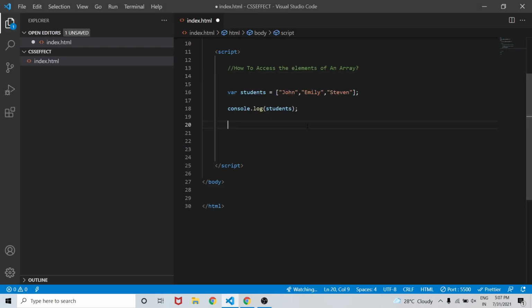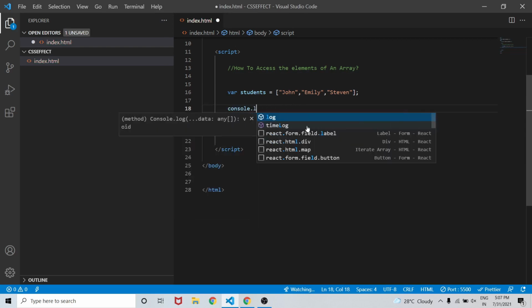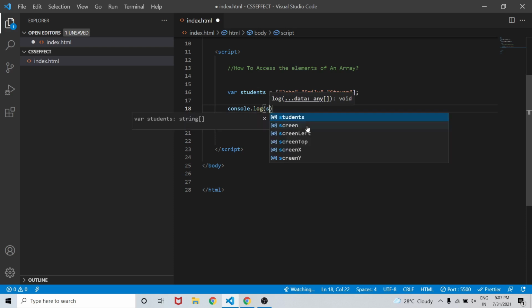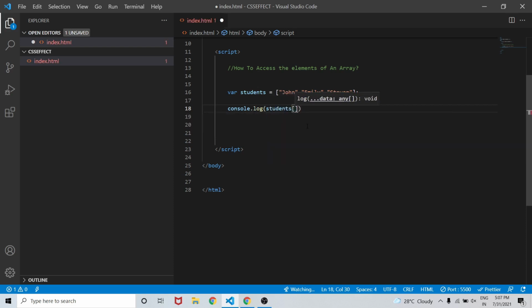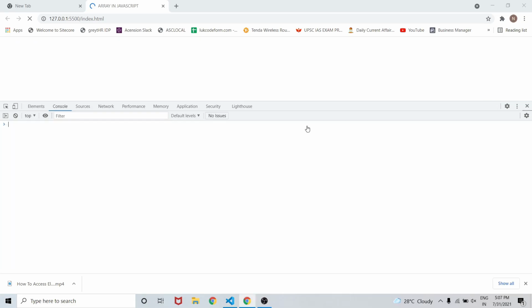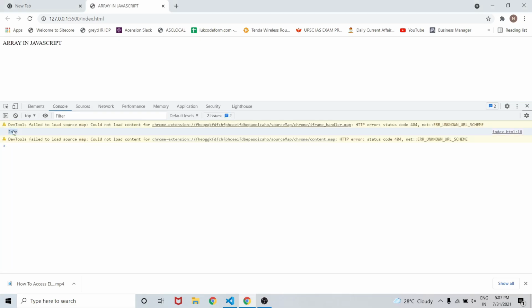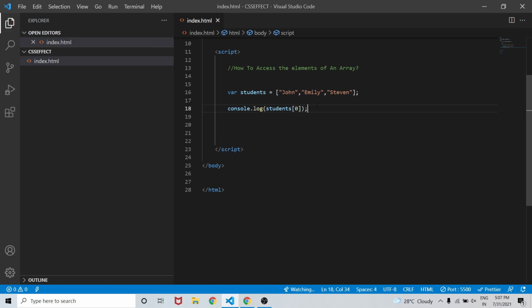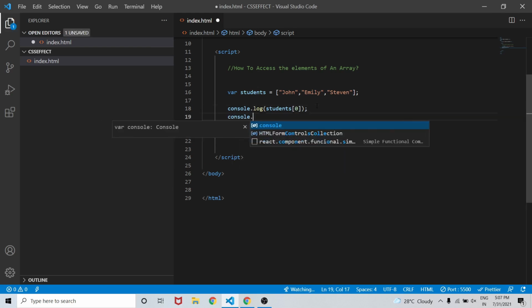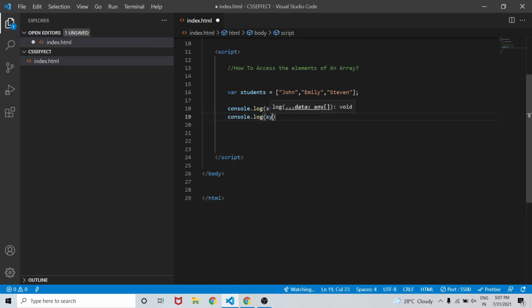Now in order to access John, we will write console.log in brackets students, then square brackets 0, because the index of John is 0. As you can see we have John in our console. In a similar fashion we can write console.log students at index 1.